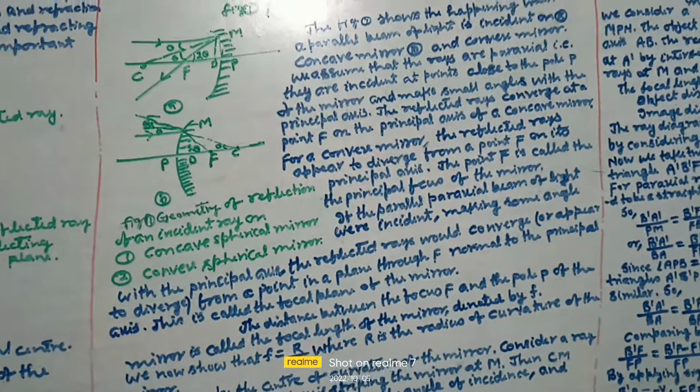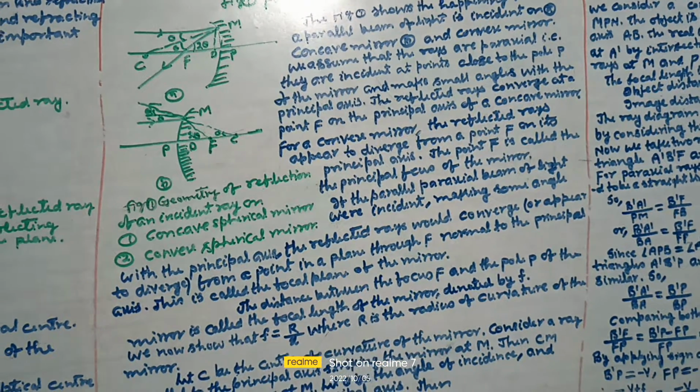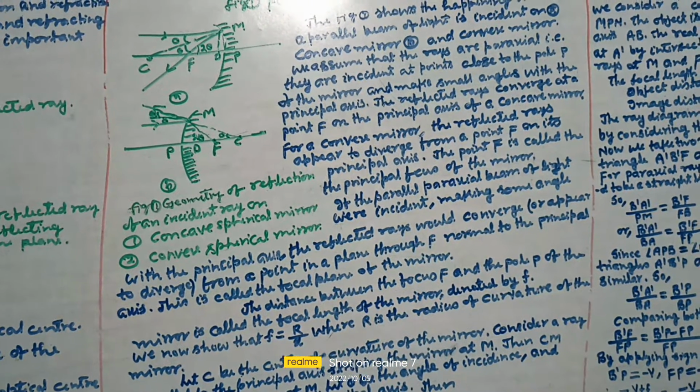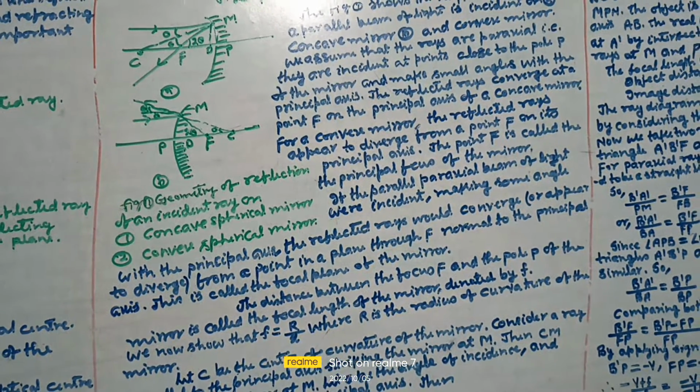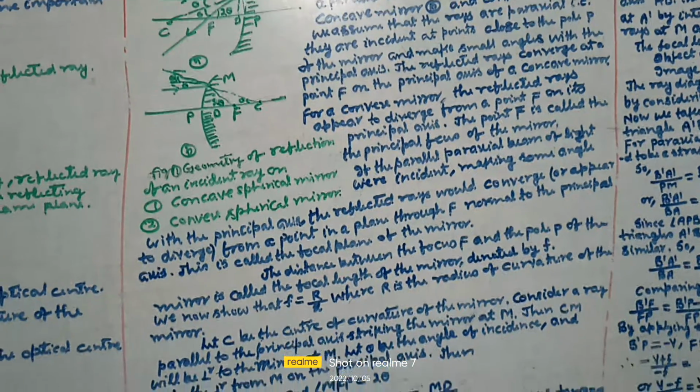Let's see with the center of curvature of the mirror. Consider a ray parallel to the principal axis striking the mirror at M. Then CM will be perpendicular to the mirror at M. Let theta be the angle of incidence and MD be the perpendicular from M on the principal axis. Then